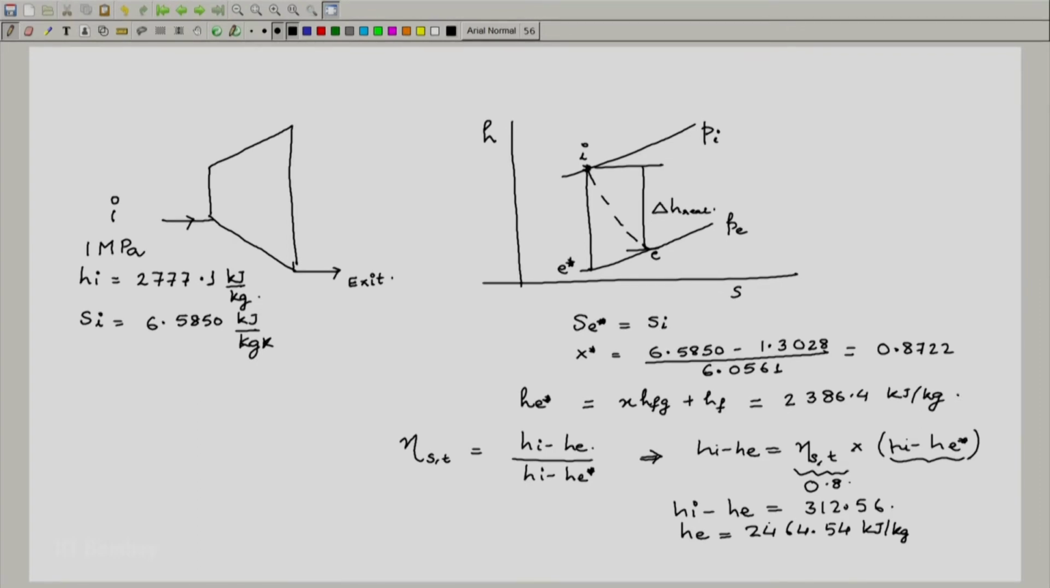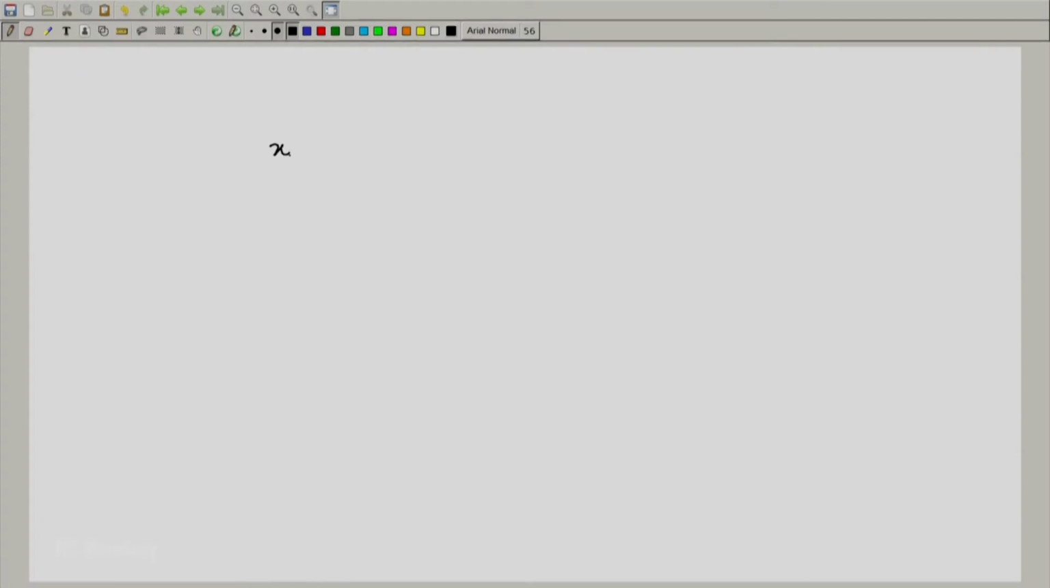Now, what do we do? We calculate the real exit state and the real entropy at the exit. So, let us just proceed to do that. So, x at the exit is equal to 2464.54, so we use He here, minus 417.5, we use Hf at 0.1 megapascal, divided by 2257.4, which is Hfg. So, we write down the answer for it. I will just do it directly. It is